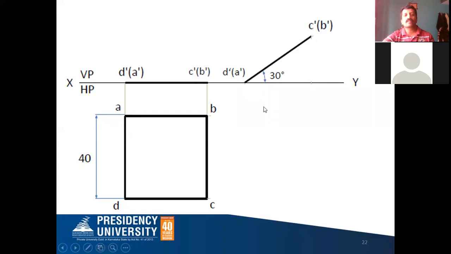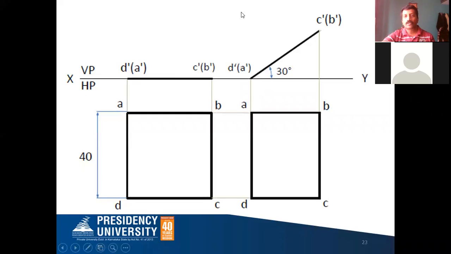So what exactly you have done here? This previous front view you have redrawn such that this front view should lie on this 30 degree line without changing its naming and the length, everything we have redrawn it. So this completes the second position front view. The top view, how we have to draw? To draw the top view, you keep on drawing the vertical projectors like this down from the previous front view and keep on drawing the horizontal projectors from the previous top view.